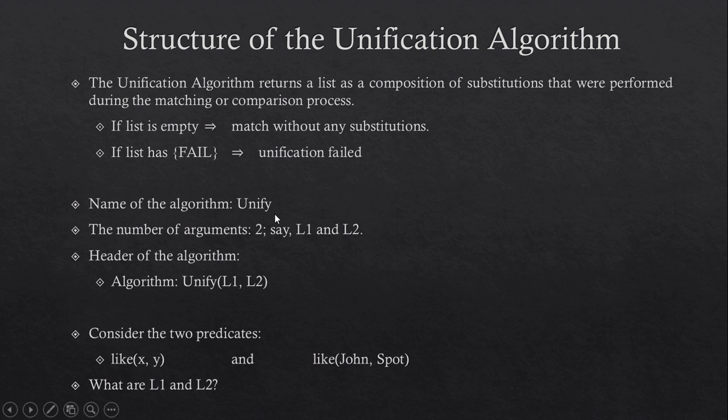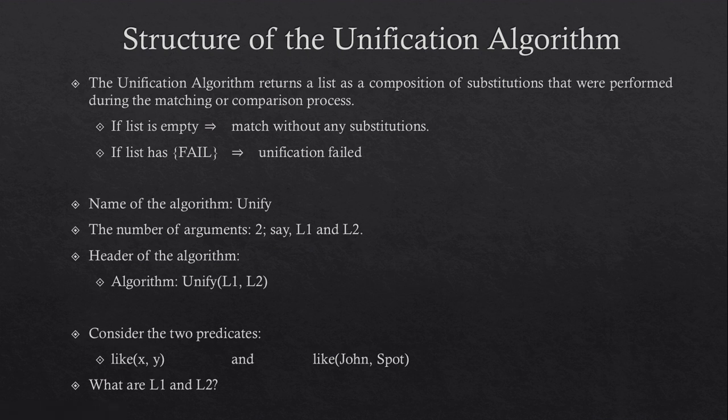Now to start with, let us first write all the things that we know about the algorithm. Firstly, we have the name of the algorithm, unify. Then the number of arguments that will be passed to the algorithm. We know that the algorithm intends to unify two entities. Why two entities? Because we are trying to find two complementary, contradicting literals for resolution. Remember resolution? And unification is helping us match the two literals. That's why the algorithm unify is going to have two inputs to it to compare, say L1 and L2.